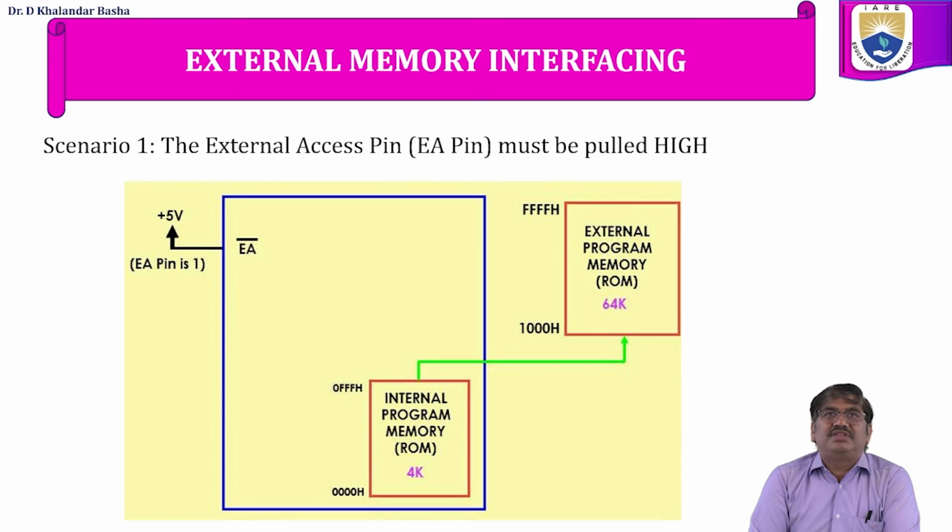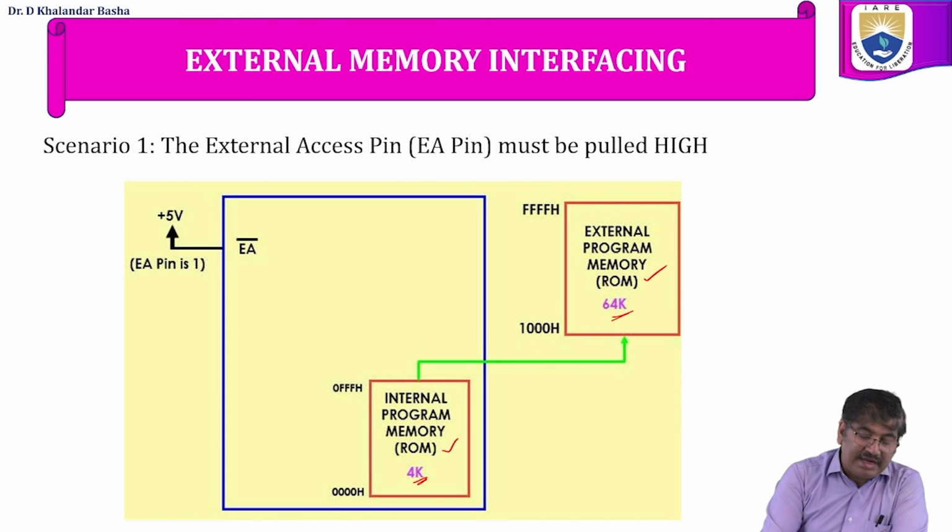Now we will see the first scenario where we are going to use the external pin. Here we have ROM both internally and externally. Say internally we are going to have 4K, externally we can have the maximum address space of 64K. Now in this case, the address we are going to take is from 000H to 0FFH, whereas the next address is from 100H to FFFH. So as we want to access only the internal memory, we will connect the EA pin